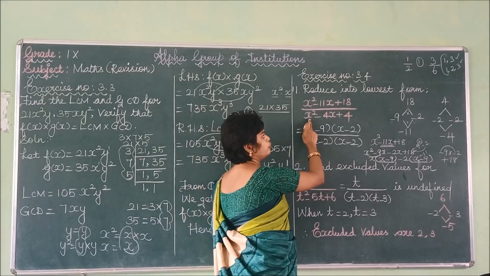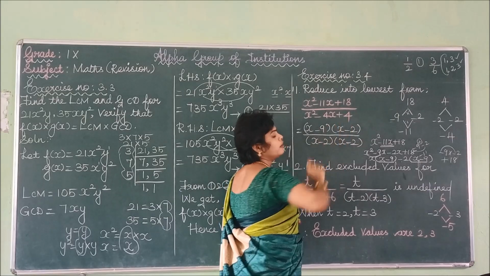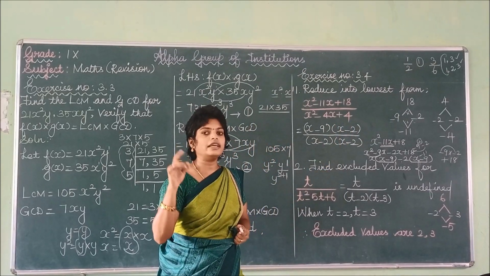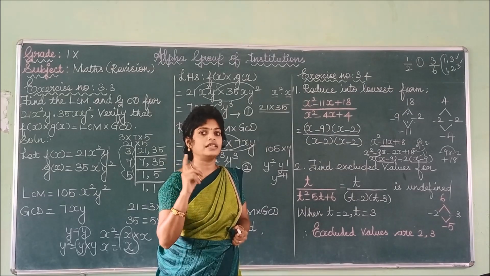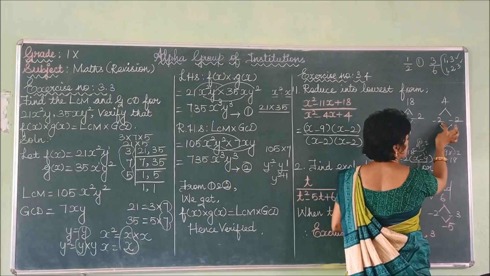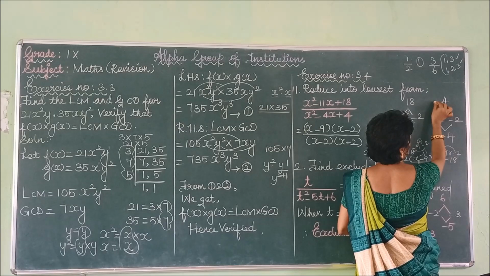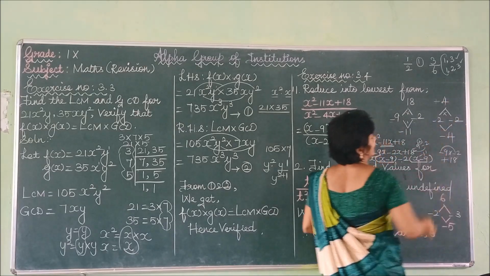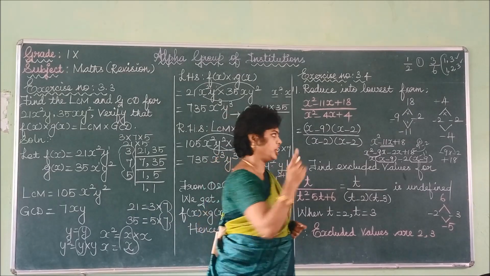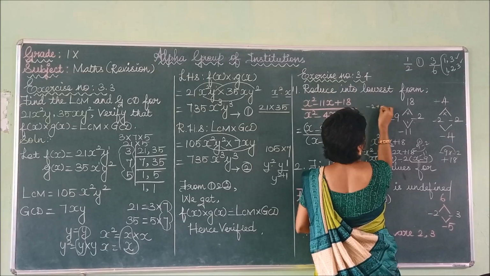In a similar way, you have to find the factors for this also: x squared minus 4x plus 4. When you multiply the two numbers, you get the result 4. When you add the two numbers, you get the result minus 4. So listen to this: 4 can be split and written as minus 2 into minus 2. When you multiply these two, minus into minus gets positive, 2 2s are 4. In the same way, when you add the two numbers, is the result minus 4 or not? Check it here: minus 2 plus minus 2.